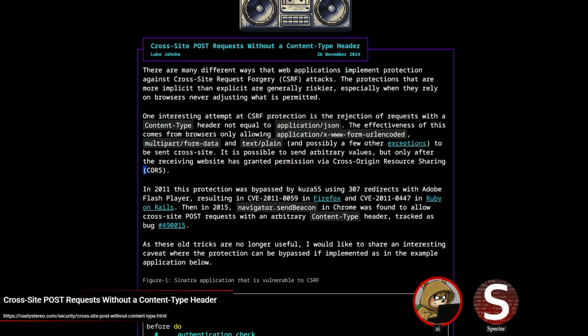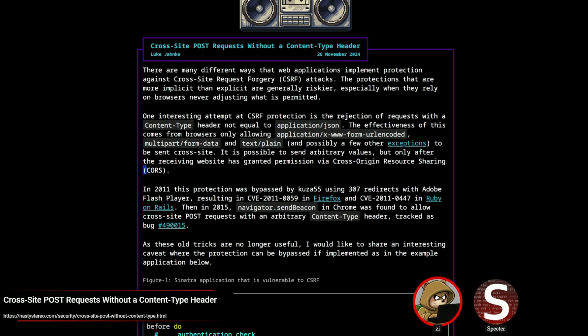But Flash would be like, oh yeah, and we're changing this header, and it would just work, and it was lovely. You could get a lot of CSRF attacks on websites that thought they were protected from it because of this little obscure trick with Flash. So it's just a really fun time to be able to use that, basically. And I definitely had some fun with that bug, or with those issues, for a little while.